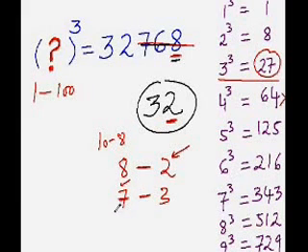For any other digit, if the last digit is any other digit other than 8, 2, 7, 3, that is these conjugate pairs, then copy it as it is. That means it's all the more simple. You don't even need to do all that. Like suppose if the last digit was 6 here, then you'll copy the 6 as it is. If it was 5, you'll copy the 5. If it's 4, you'll copy the 4. Are you getting the point? And for the next part, you know what you have to do. You have to find the nearest cube to the remaining number. So let's practice more examples of these.